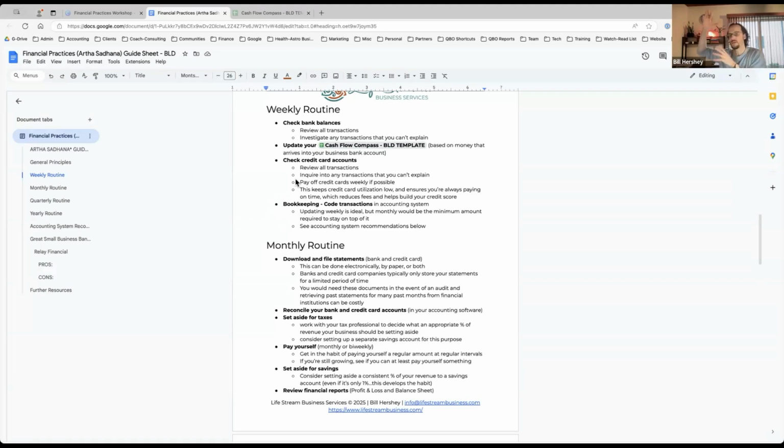And if you run up a big balance on your credit card and you have a certain amount of money in your bank account, some of that money actually isn't going to stay there for very long because you're going to have to put it towards that credit card balance, right?